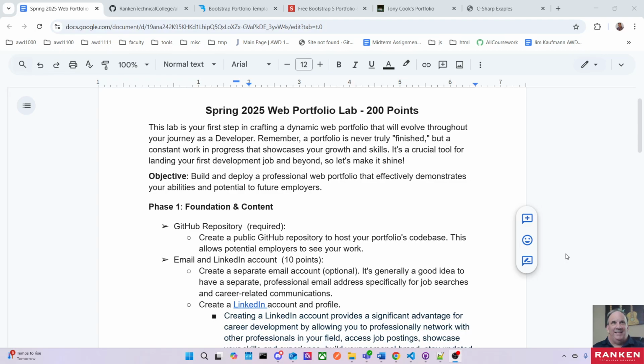Also, a web portfolio is never truly finished. It's something that's going to constantly evolve throughout your career. It's a crucial tool for landing that first development job and beyond that as well. So let's go ahead and look at